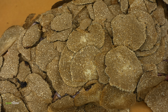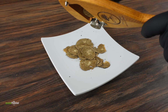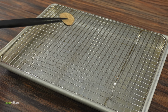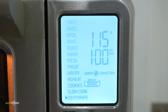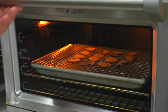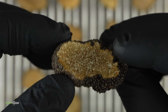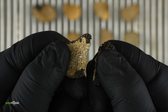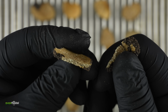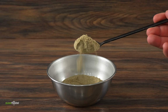But I did not stop there, because if this works, I want to know the best possible way to use it. So I went ahead and shaved more truffles. But this one I set down on a cooling rack because I'll be dehydrating the whole thing. That takes about 24 hours. Once it came out, check it out. Nicely dry, and if I grab one, even though it still looks the same, it's like a chip. Now to pulverize the whole thing. For that, I threw it into a coffee grinder, blended on high, and in the end, I'm left with this,